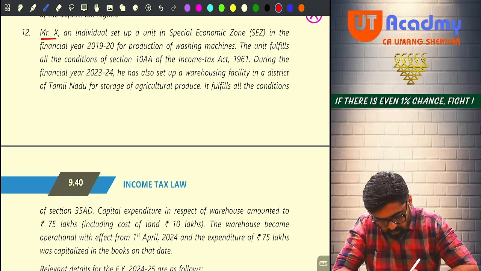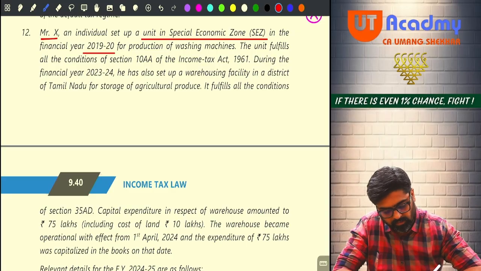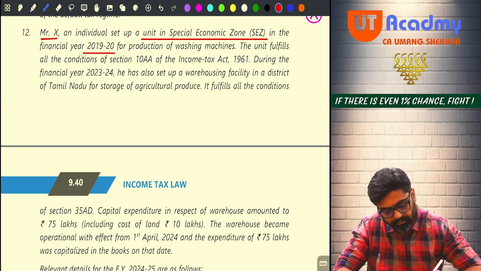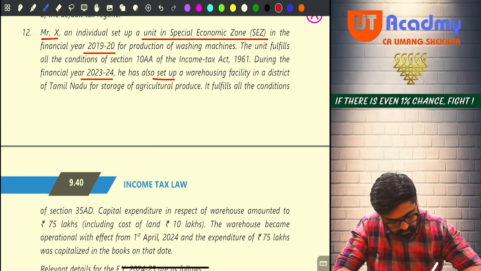Mr. X, an individual, set up a unit in SEZ in the financial year 19-20 for production of washing machines. Very good. So he started manufacturing of washing machines from a unit in SEZ. The unit fulfills all the conditions of section 10AA. During the financial year 23-24, he has also set up a warehousing facility in the district of Tamil Nadu for storage of